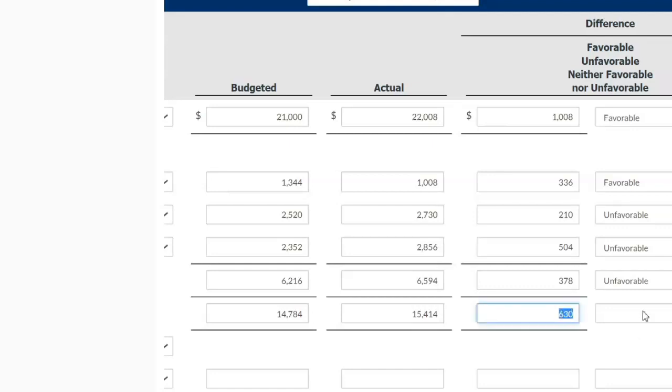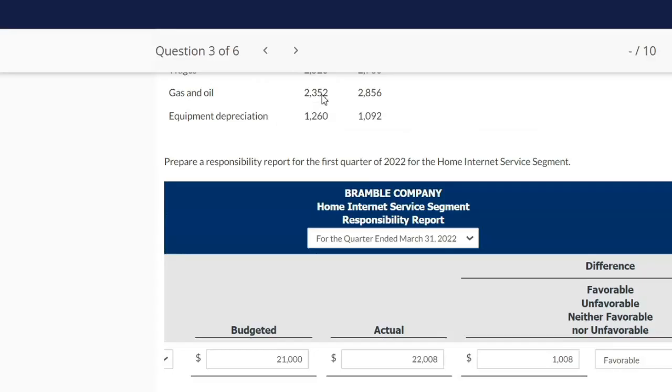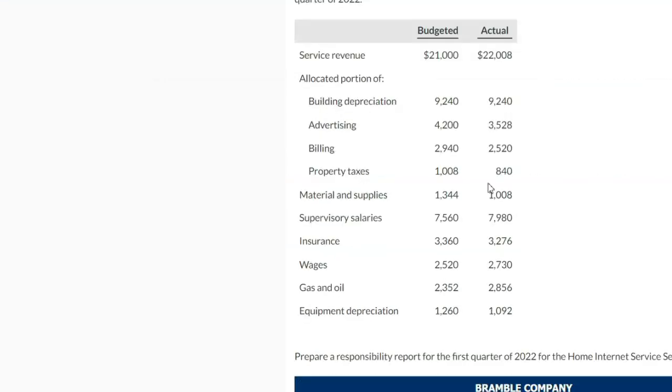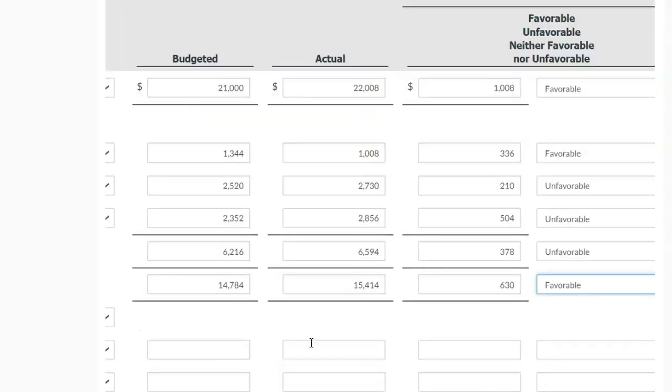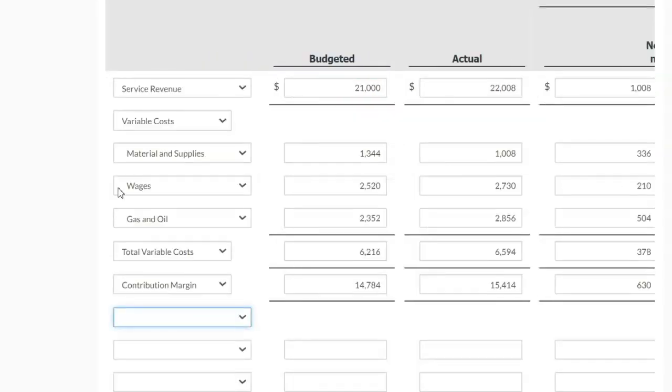All right, now go to controllable fixed costs. Which costs would be controllable fixed? Go back to the question. And then we have salaries. So here it is unfavorable again, right? Subtract favorable and unfavorable. Variable, unfavorable. Okay, now what is that? The fixed cost, controllable fixed cost, the next one.